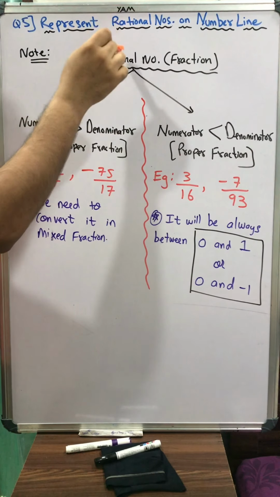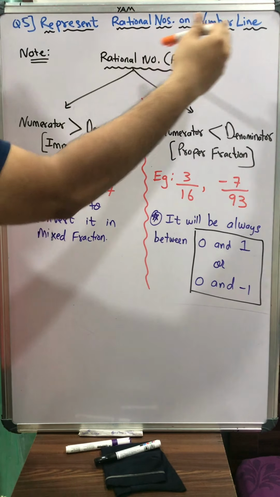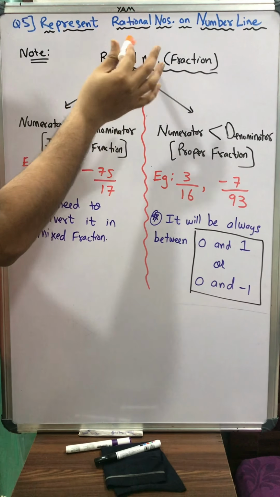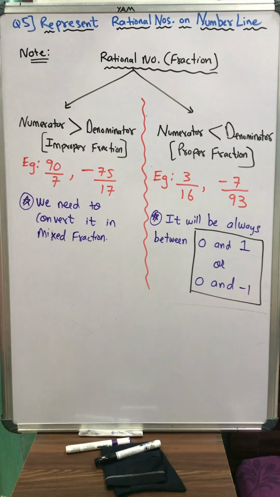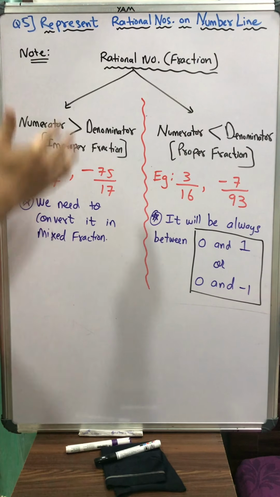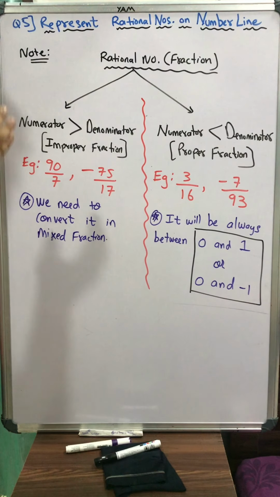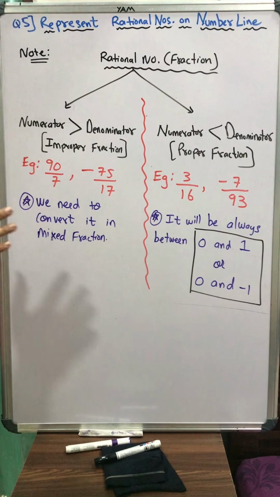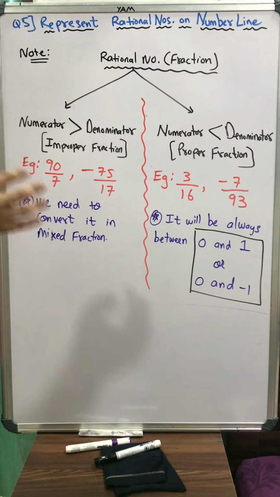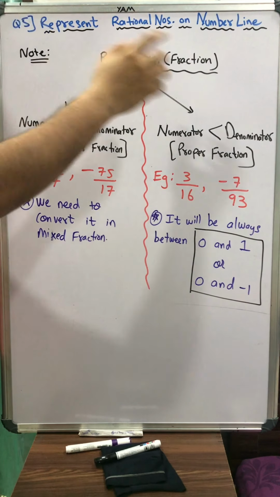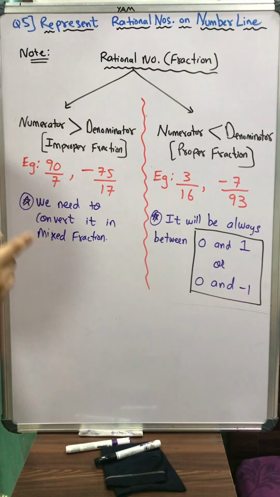It starts from 0, and on right hand side we have positive numbers and on left hand side we have negative numbers. But just to ease out this process, I have written a note on the board. Students, this starting 5 minutes, please pay attention. Then you will be master in drawing the number lines and plotting the rational numbers on the number line.